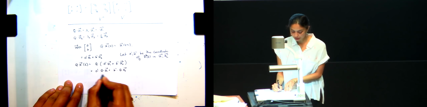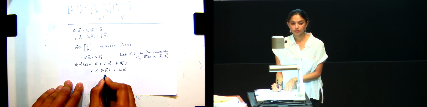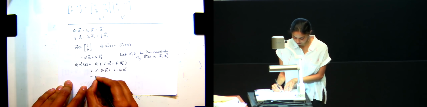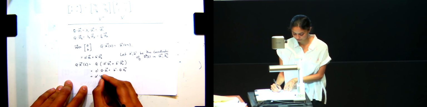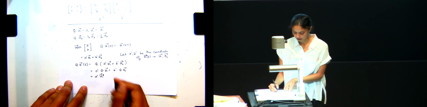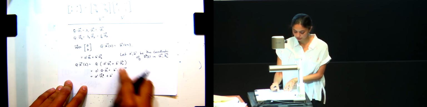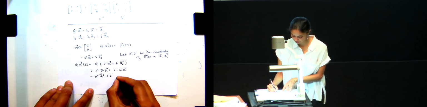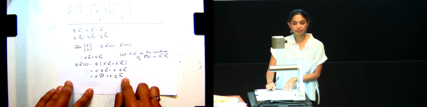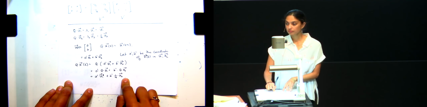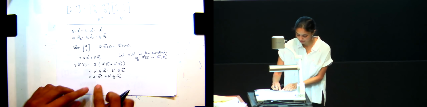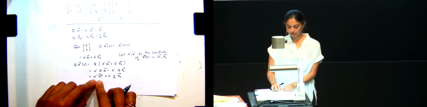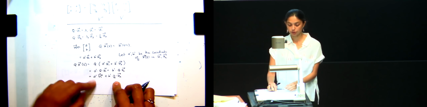So what is Q times v1? Lambda 1 v1, right? A prime. But what is lambda 1? It's just 1. Plus b prime. Q times v2 is lambda 2 v2, which is 1/4 v2. Right? Is everyone with me? Okay. So now we have this. Basically, it's scaled a little bit along v1, and we get some new coordinate along v2 as well.